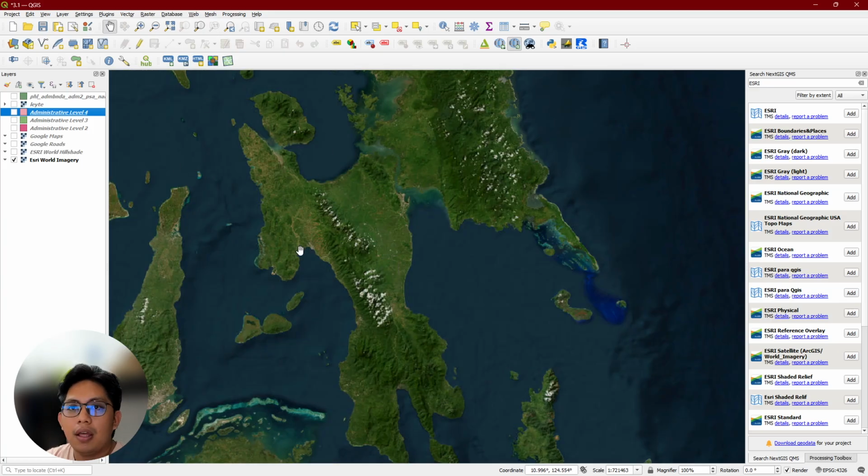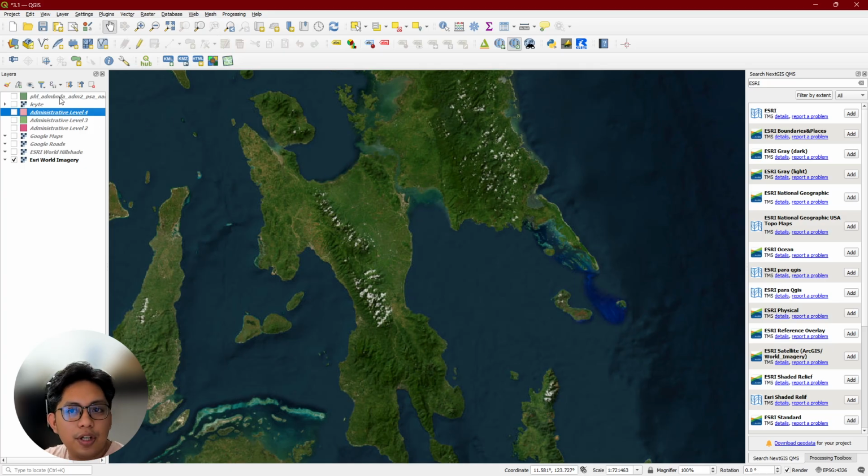Okay, so when we make our project layout manager, it's how we lay out our maps on, let's say, a piece of paper. It's like Canva, but less intuitive. More like, I want to say it's more like Publisher. So there's that one. So what do I do?